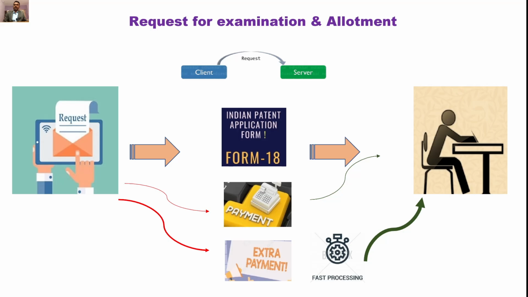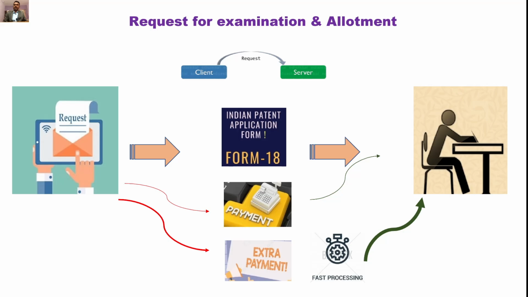But if you are short of money, and if you are handling many patent applications at a time, then you can wait for the 18 months expiry period. After this 18 months expiry period, where the data is stored in the server as I showed here, it gets published in this journal. Once it gets published, only then does it become officially eligible for examination. Then you have to fill up this form 18 and pay the prescribed fees, and then it is queued up in the examination line and allocated to a suitable examiner who is an expert in that particular field of invention. And then this patent examiner is going to carry out the examination.